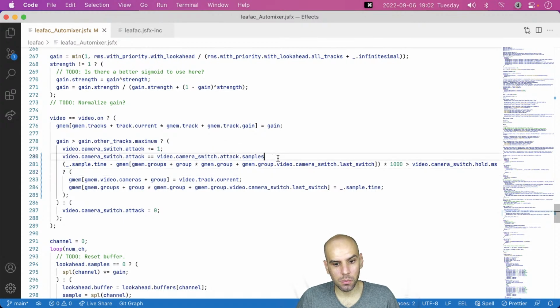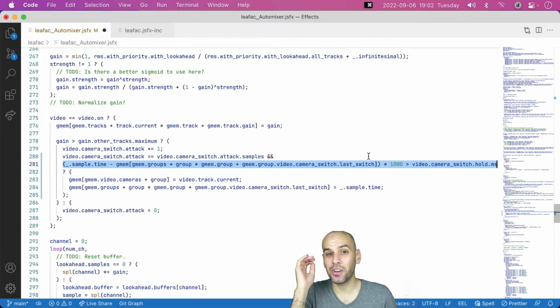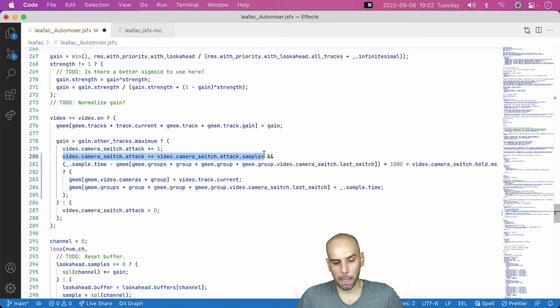I still need to combine these two conditions. First, there is this condition that has to do with attack, and then there is this condition that has to do with hold. But that's not all. Because the way that we are doing attack is we start counting up from 0 as soon as we become the person who is speaking.